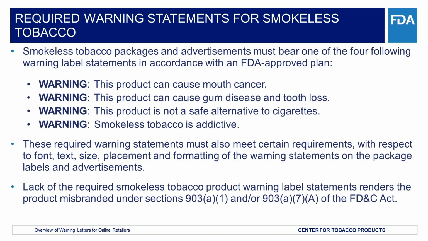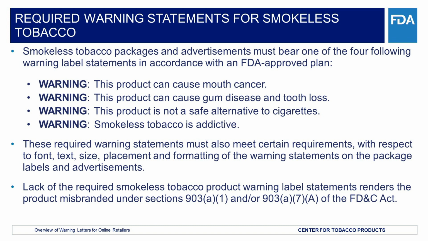Each warning statement must be located on the two principal display panels of the package, and each label statement shall comprise at least 30% of each such display panel, in 17-point conspicuous and legible type, and in black text on a white background or white text on a black background in a manner that contrasts by typography, layout, or color with all other printed material on the package, in an alternating fashion under the warning plan,